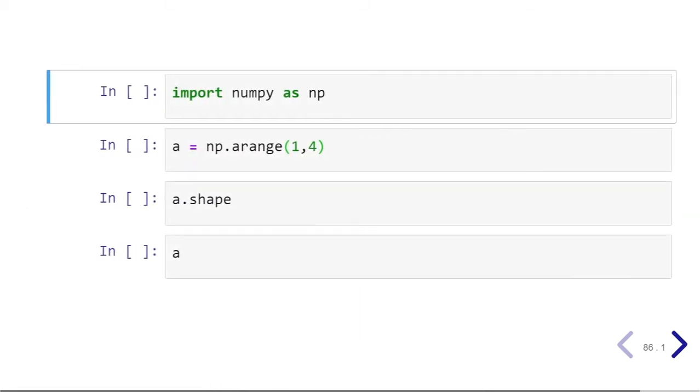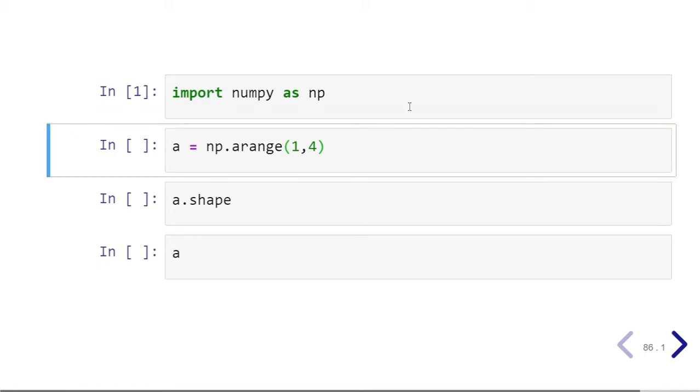First example of increasing the size of an array. For this purpose, we are importing the NumPy library as np. We are creating a one-dimensional NumPy array A using the np.arange function with arguments 1 and 4, where 1 represents start and 4 represents stop. Step size is not specified, therefore by default step size will be 1. So it will start from 1 and run till 4 minus 1, which is 3. So it contains elements 1 2 3.